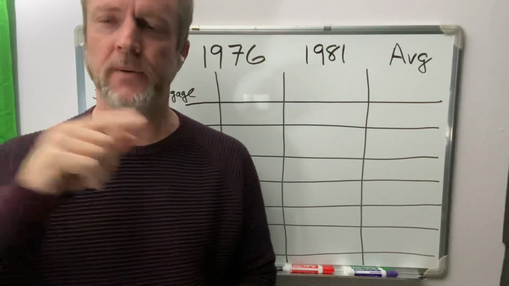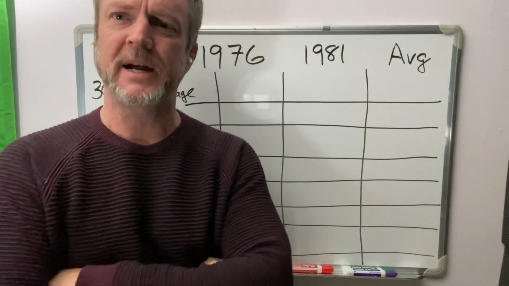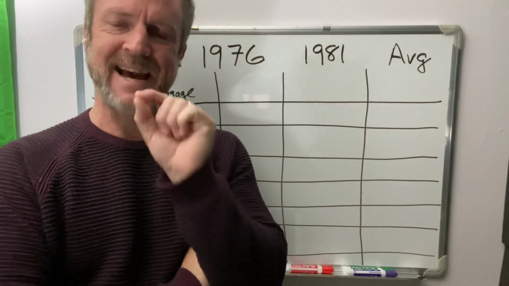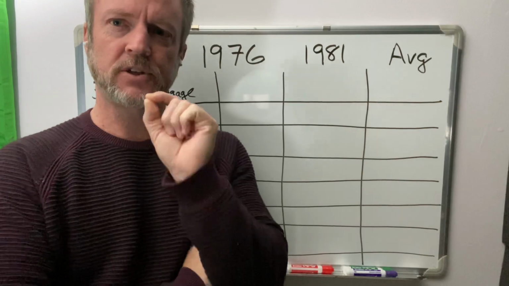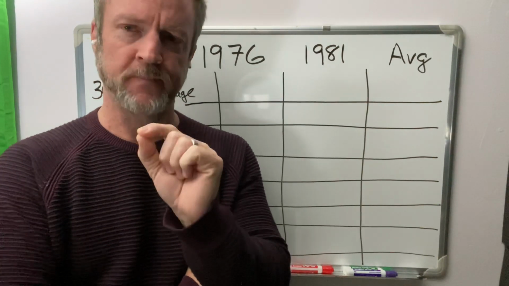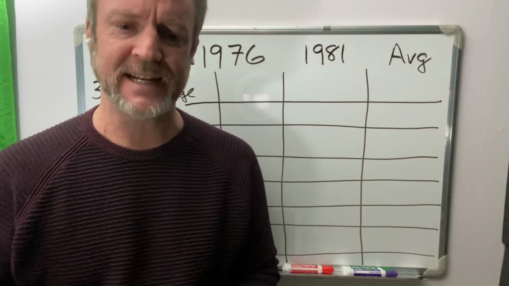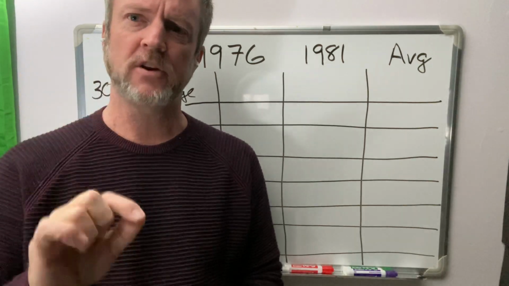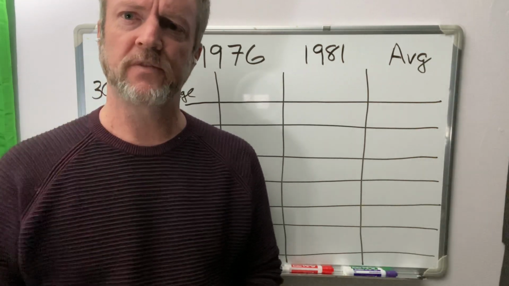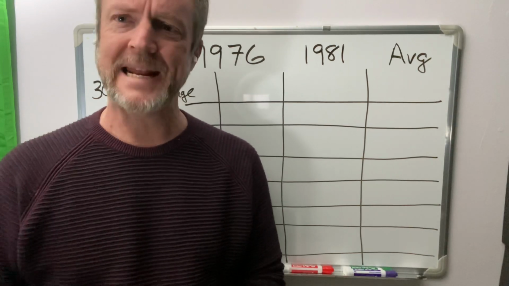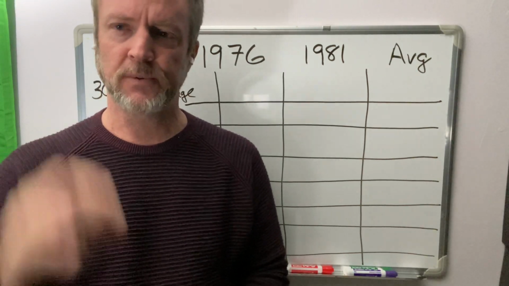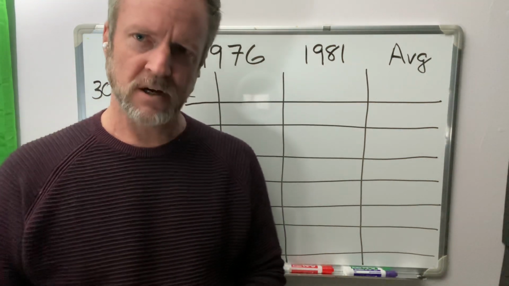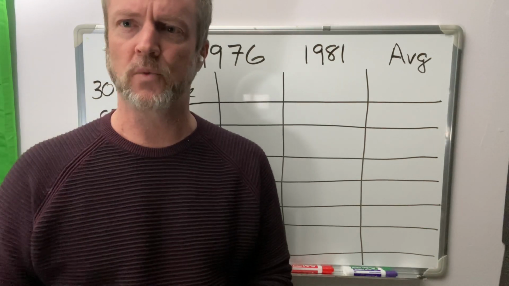That's fine. Anyways, what I wanted to do today is talk to you about an interesting 5-year period. I want to talk about the years 1976 to 1981. The reason I want to talk about this period is it was a period of high inflation. It was a period where the Federal Reserve came out and tried to rein in inflation. It was a time for wage inflation. And most importantly for this channel, we are going to talk about what happened to real estate.